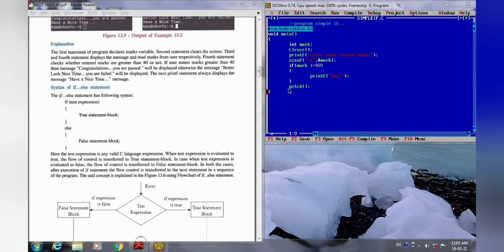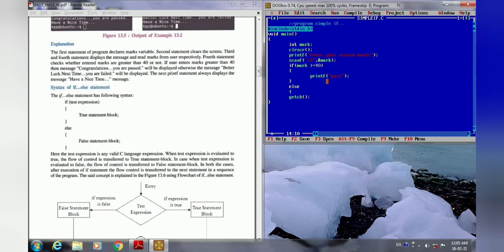So now in the same example we will discuss that thing. Here the if statement is the same, so this part will be kept as it is. Now we want to see that if mark is greater than 40, then the message will come pass. But if the mark that the user has entered is less than 40, as we have seen in our previous output, then what will be the message?